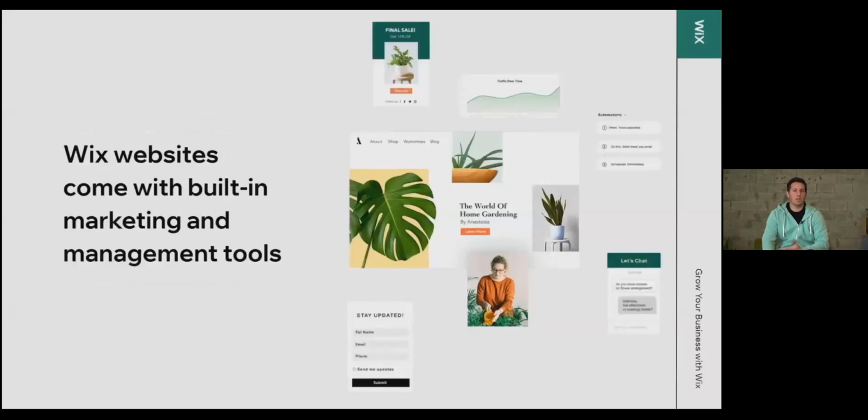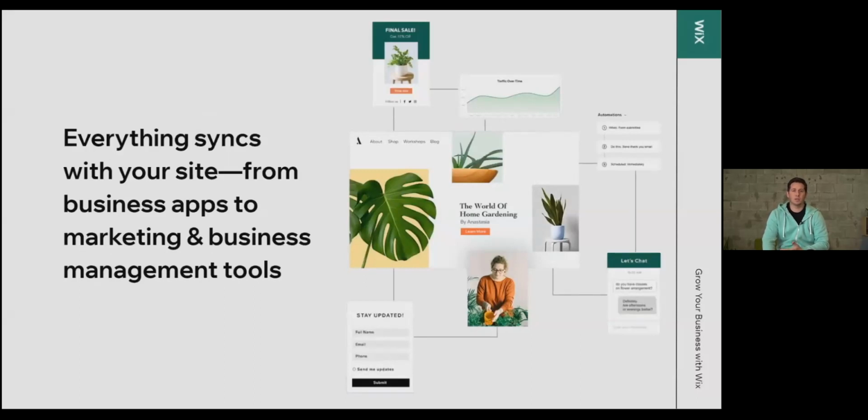We want to teach you today the added features we have on top of the Wix editor. It's not only a website, but a place for you to also grow and manage your business. We're going to show you the tools of Ascend by Wix and things you can do in order to grow your business and make it sustainable. Wix comes with built-in marketing features and relationship management that enable you to scale your business to another level. Everything is seamlessly synced with your brand, your business, and all these channels, making sure your business is ready